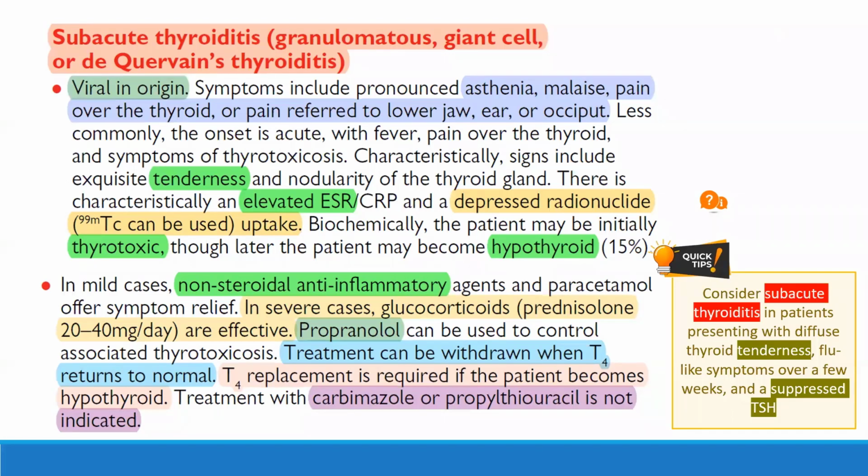Dr. Adina asked about the duration of prednisolone for subacute thyroiditis. Actually, I give prednisolone for just 1 to 2 weeks, not more. Once the tenderness and pain are relieved, we can stop prednisolone. As you know, if prednisolone is given for not more than 2 weeks, we can stop it abruptly with no need to taper the dose. But if the duration is more than 2 weeks, we should taper the dose.